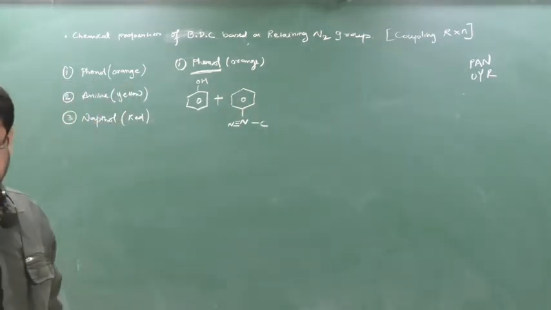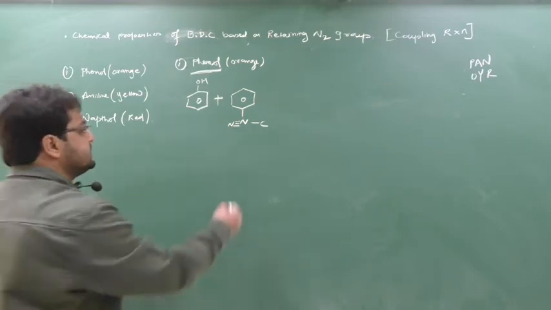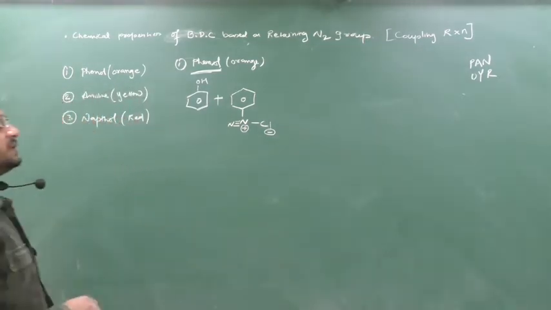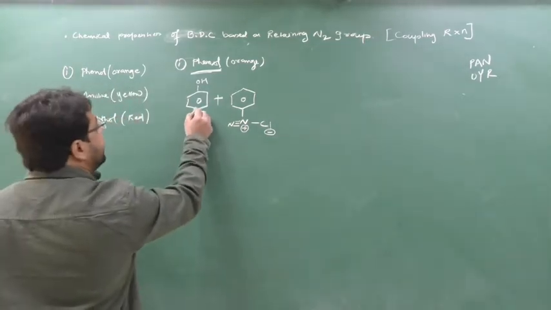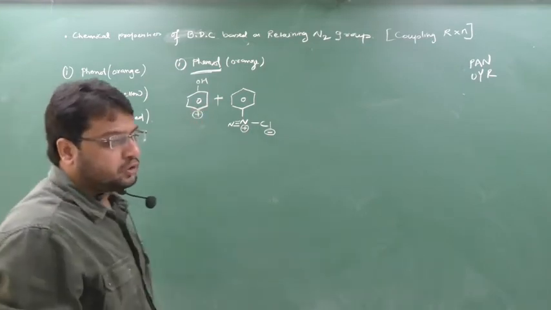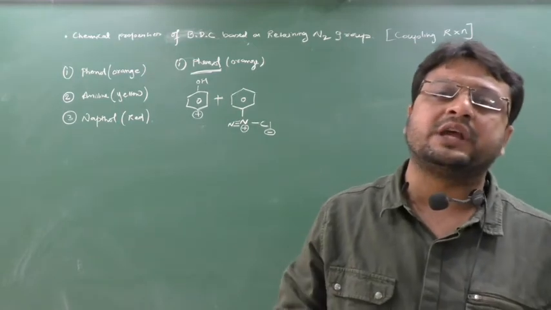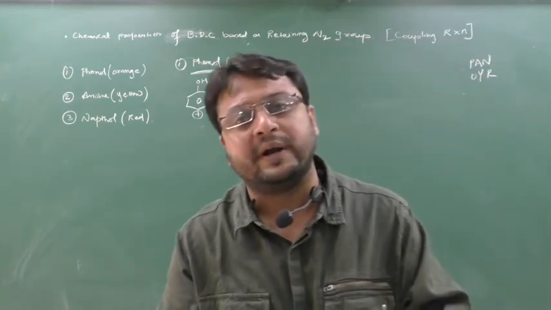Now here coupling will take place. So see here, this is plus here and this is minus here. Coupling reaction means we will do the coupling here. Always the coupling takes place from the para position. Why the para position? Why not ortho position, not meta position? Para position, due to symmetry it is more stable. That's why you are doing the coupling through the para position, not the ortho or meta.